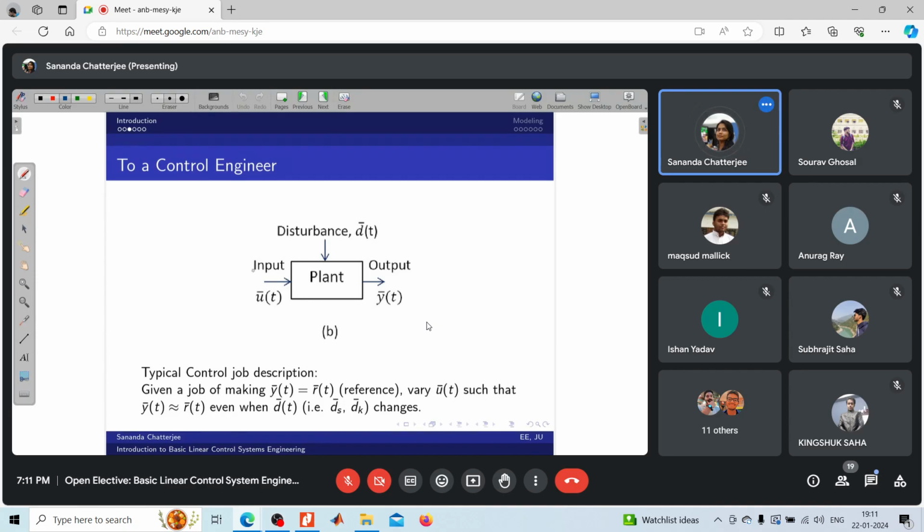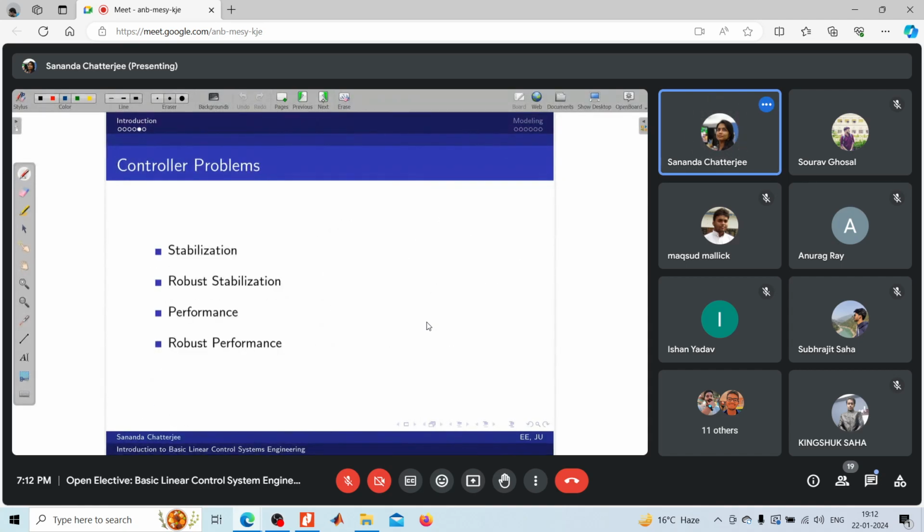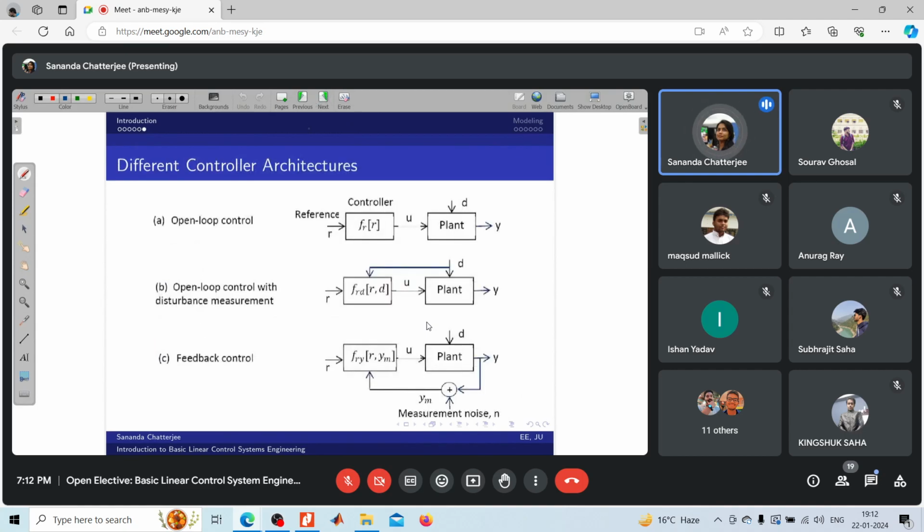So the controller that we are going to design in this course, or we will try to learn how to design this controller in this course. The objective of the controller will be to generate this signal u bar(t). In this process we have also learned the problems related to the objectives of the controller design, and then we moved to the structure